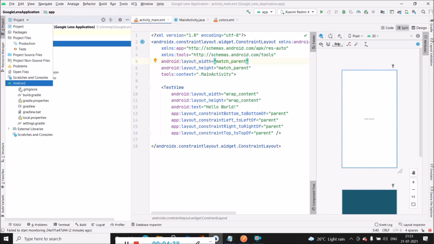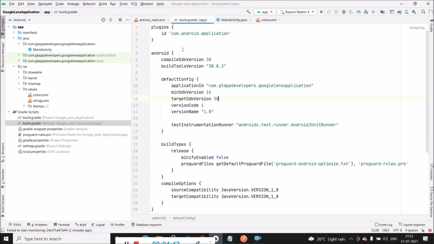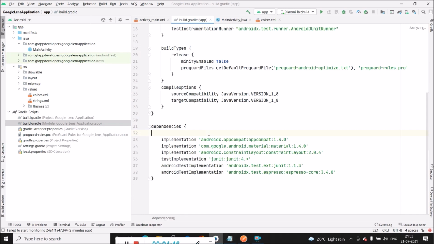Now we have to go back towards Android, and inside the Gradle scripts we have to add the dependencies. For adding the dependencies, we have to add these dependencies in the dependencies section, as well as connect with Firebase.